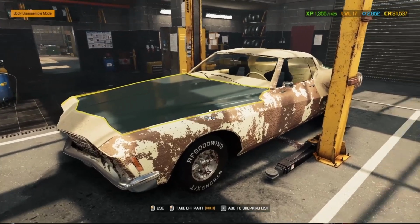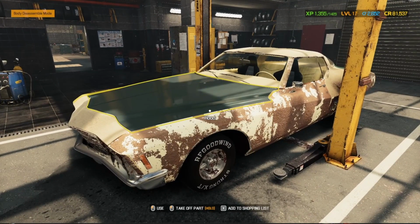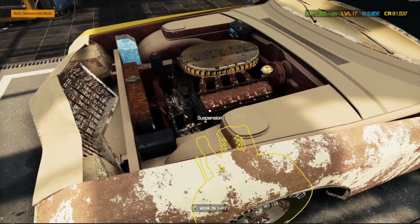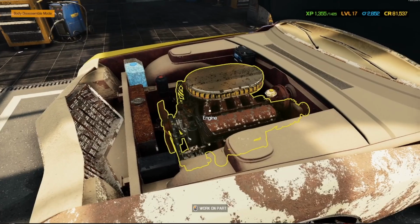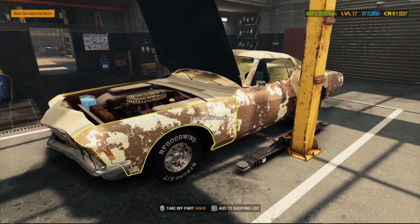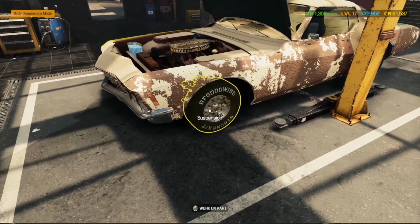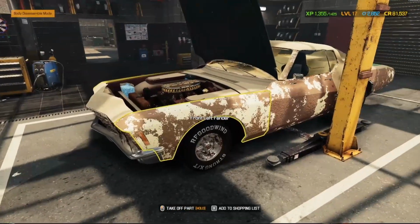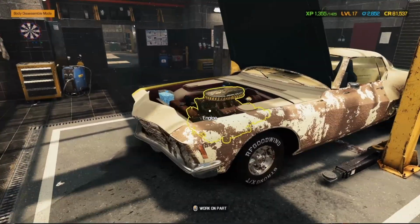Last time we took it on the track, it drove like it looks. Not the greatest, right? Motor wise, we're probably not going to do a whole lot with that, but we are going to redo the whole front and rear suspension, probably some of the interior, the body. We're going to do what we can because